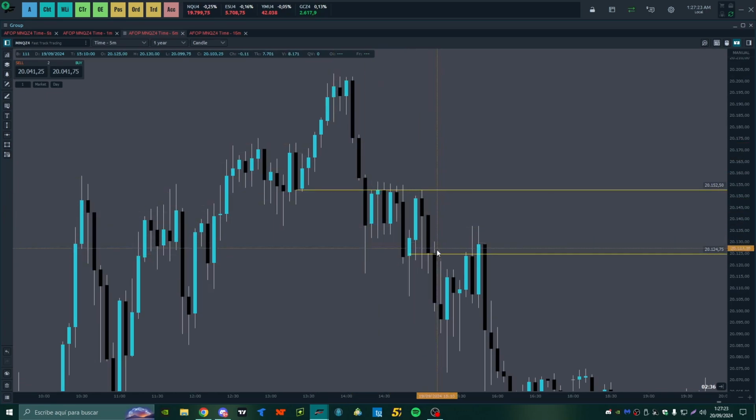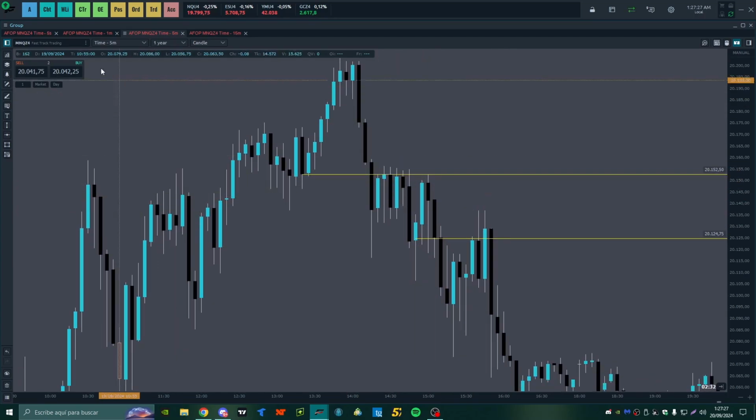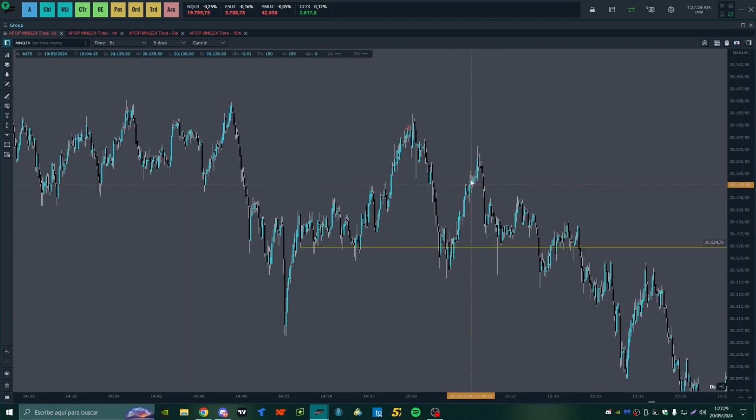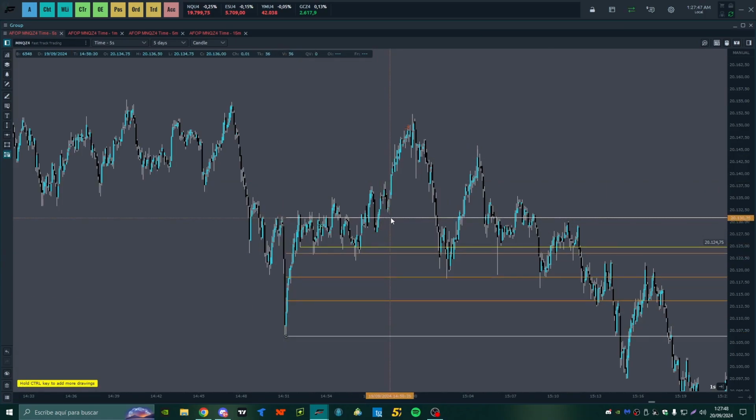So I didn't want to be greedy with that trade. And I simply closed it there, just when it was reaching the start of the movement, and it started to be around here, more or less in this candle. I closed that market. It was a good decision. And here,